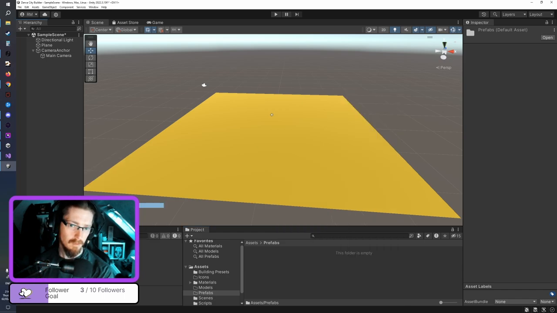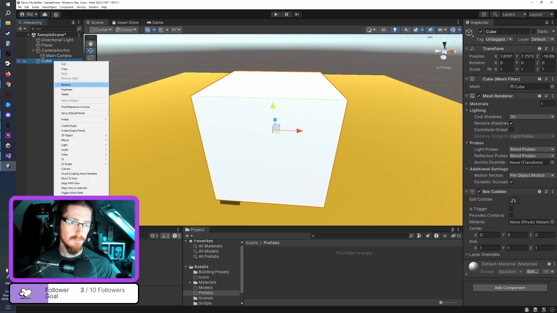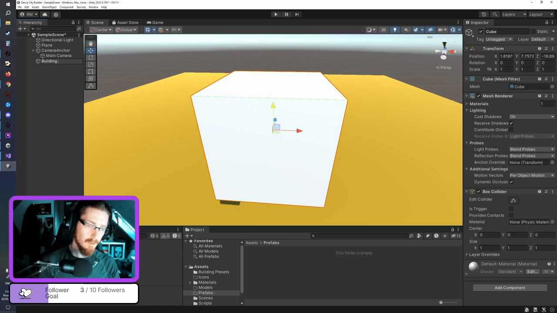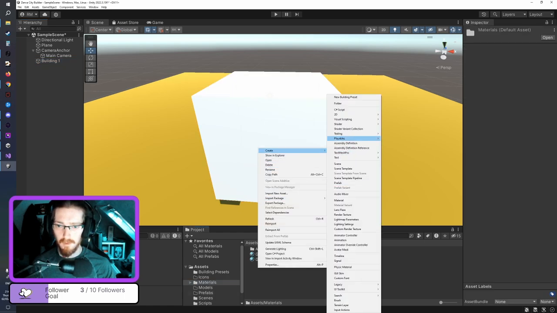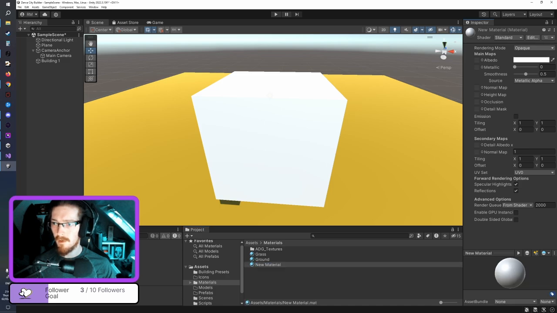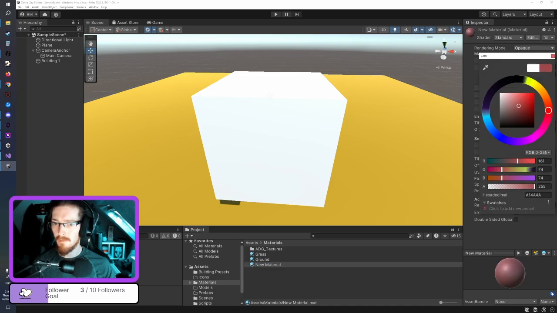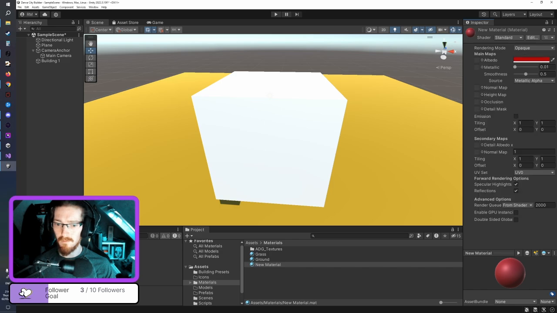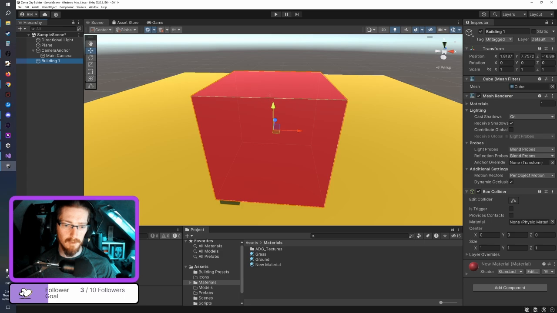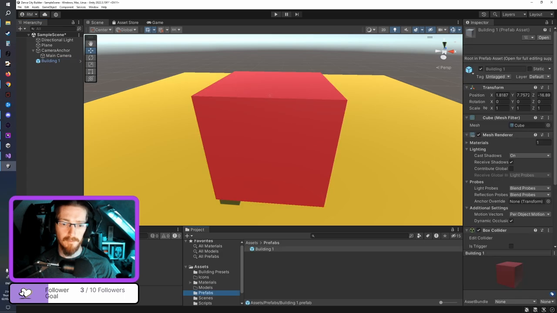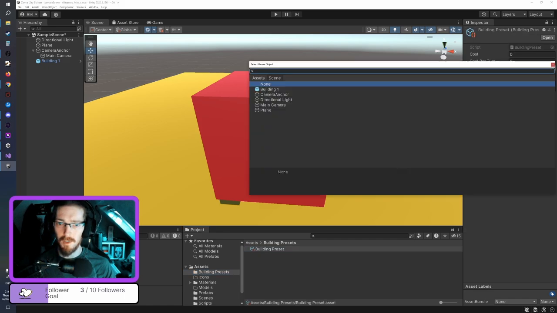We'll just make a key. We'll do all this. Building one. I'll give it a name. We'll put this, drag and drop that there as an out prefab. Building preset. This, your game object and